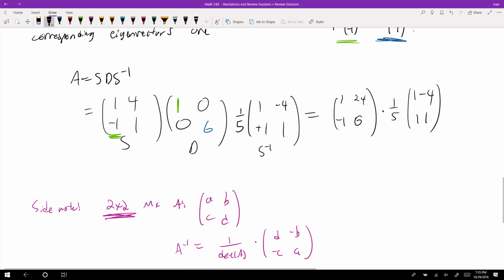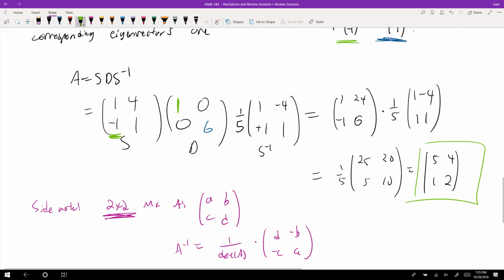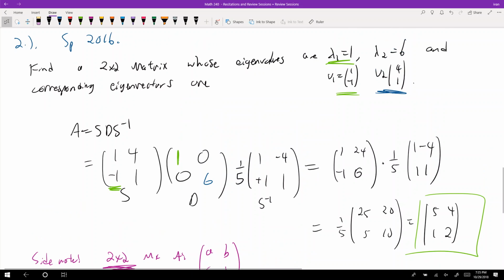Okay, and then we can take the constant and just move it out front, right? So we don't have to deal with it right now. So now you'll get 1/5 times these two matrices multiplied, and that gets you 25, 20, 5, 10, which is 5, 4, 1, 2. So that's the matrix that has those eigenvalues and those eigenvectors, and it wasn't that painful because we knew to